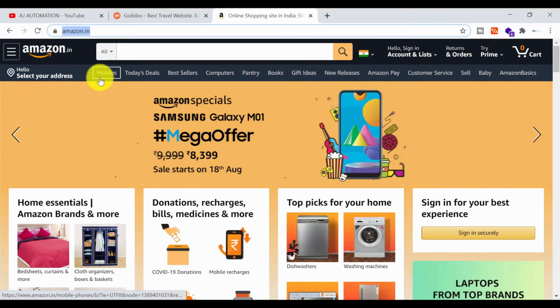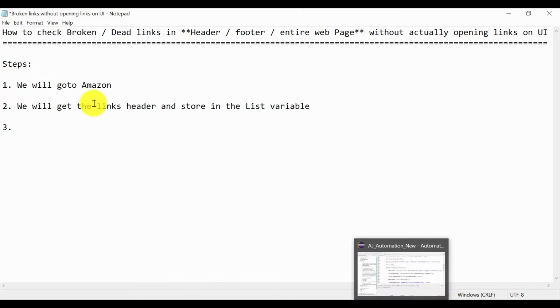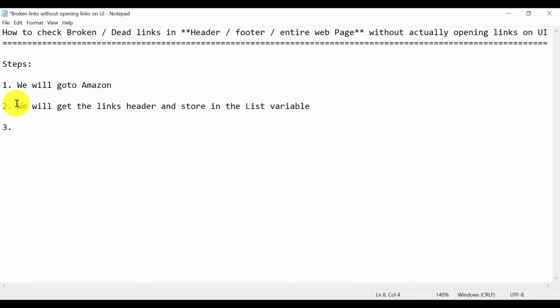We are going to find the links only in this header. So we will create a web element first, and we will get the links in the header, and then that list will be stored in the list variable. Web element for header.